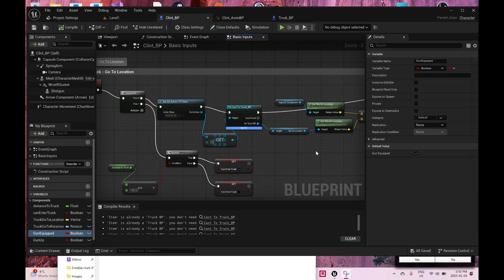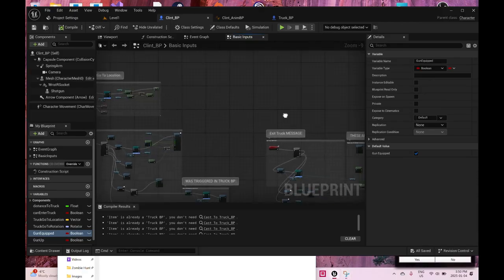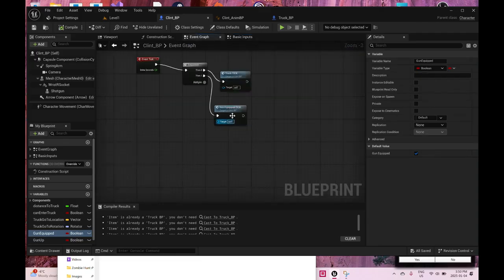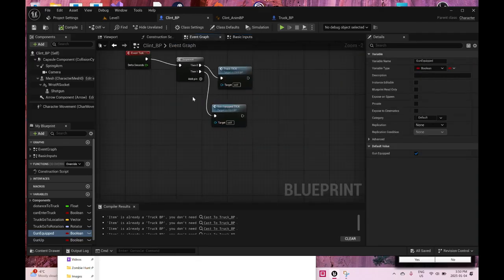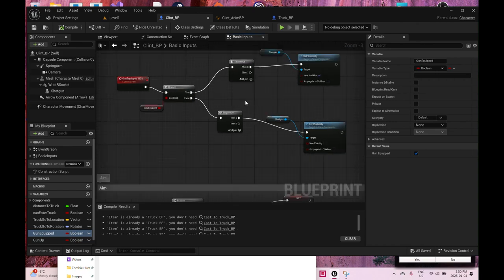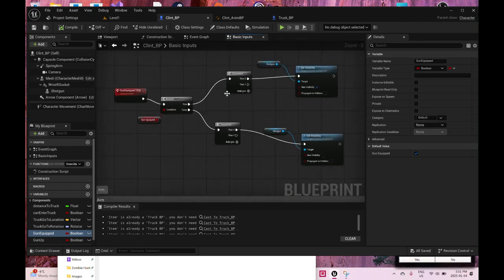Okay, so I want to work on the part where the player grabs the gun from the back of the truck, picking up the object. So far, just for demonstration purposes, I've created this gun equipped tick, which goes through the event tick, and it winds up here, and if gun is equipped, then set the visibility of the gun to visible,